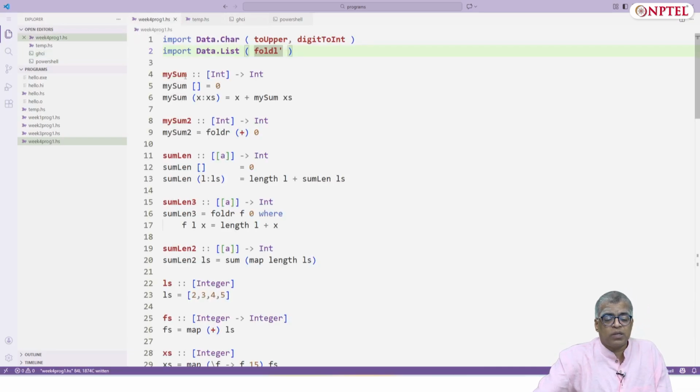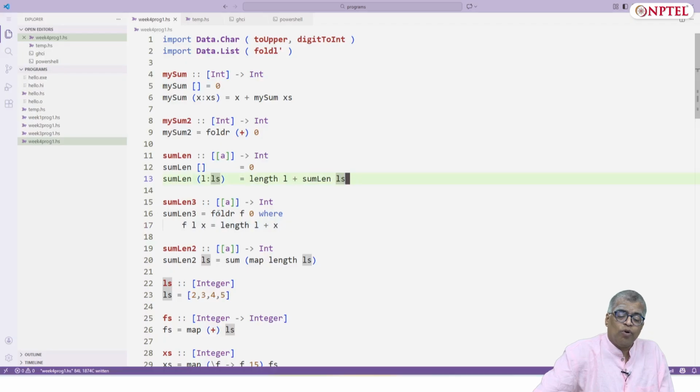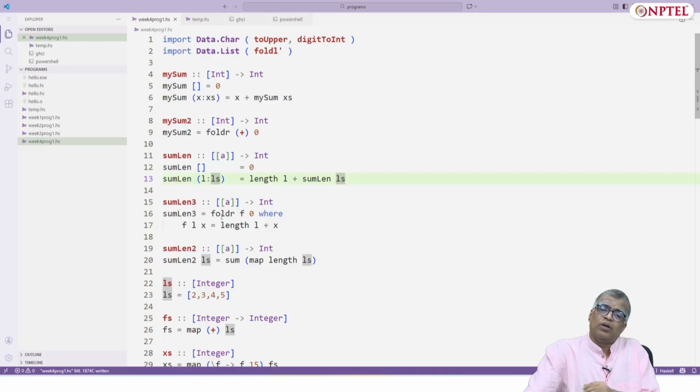So you see that I have this MySum version, one which is using foldr, another which is using this pattern where you make the recursive call and then combine it with the initial value. So here is a naive version of sum length. Here is a version of sum length where I use foldr again. So rather than do sum of map of length ls, I could also do foldr f 0 where f l x, l is a list, x is the sum of the